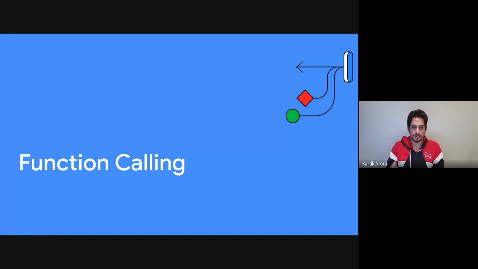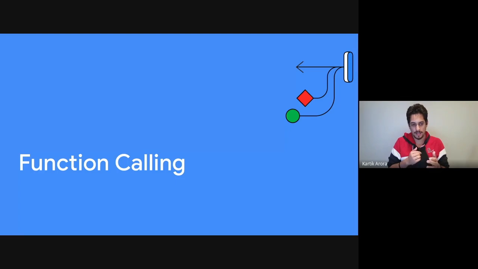Next up in bringing your own data is function calling. So far we've taken the document and given it to Gemini to provide an answer. With function calling, we're kind of doing a dance. We tell Gemini that we have this function which takes X, Y, and Z parameters, but we're not going to tell you what the function does internally.